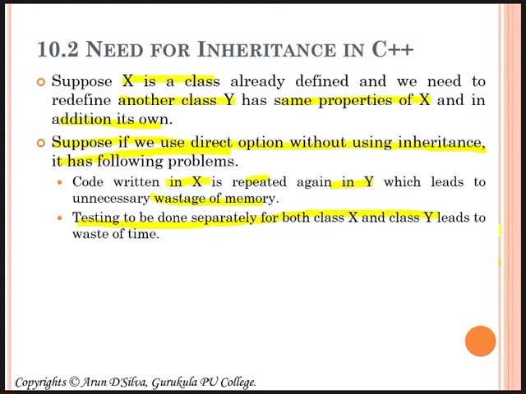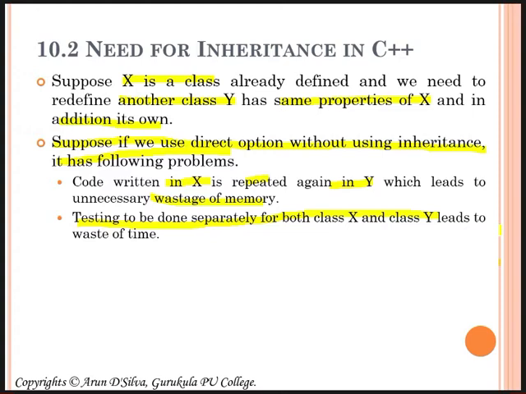Anyway, we are going to do the testing for both classes separately, but if you are not using inheritance, the same properties will be repeated here in Y, and the same testing has to be repeated. Whatever you are doing for X, the same thing you have to repeat here. So this leads to wastage of time. Consumption time will be more.